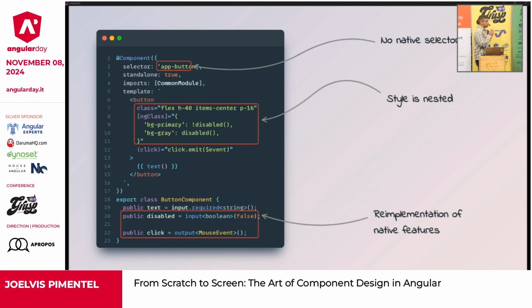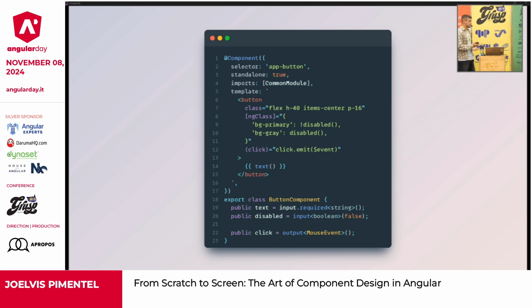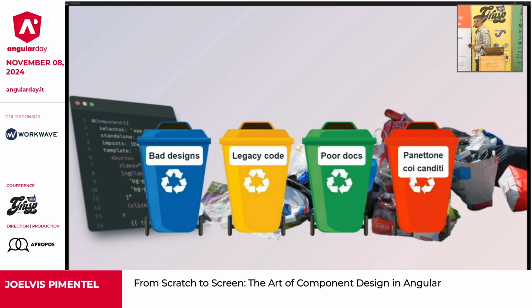He also defined all the style inside the template of the component, and this will limit users from the outside from overwriting the component CSS. He also used an input string to write content inside the button. So users from the outside who use this button will not be able to draw whatever they want. So I see that there are some major flaws with the design, and I think we should put it where it deserves, in the trash. So sorry, Joseph.